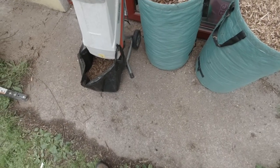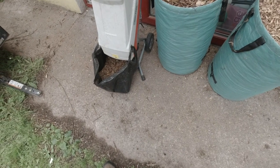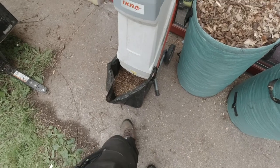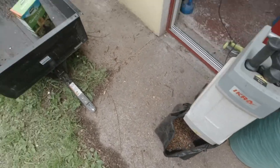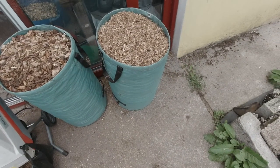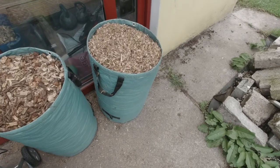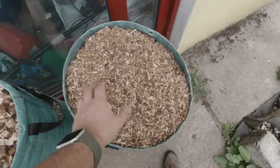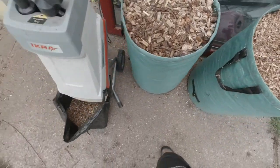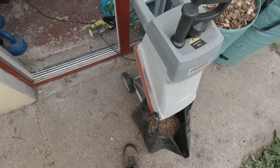I really don't know how much yield is normal or anything, but shredding produces really quite a lot of mulch. Like there's a half bag there, that's the last bit. I have this massive bag here, and this is all really fine natural mulch, and that's what I get using this blade shredder here. I have another one,